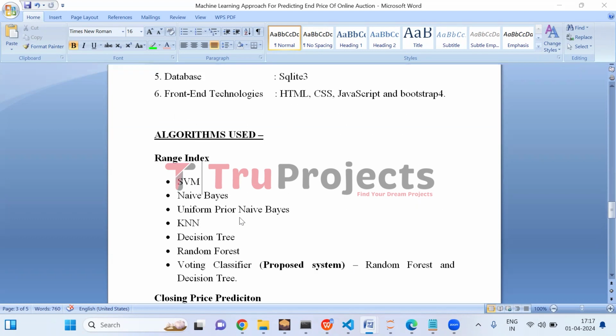Algorithms used in this project. In the base paper, the author has utilized these algorithms for range index, and we have proposed a voting classifier for range index. Voting classifier is an ensemble learning technique that combines predictions from multiple individual classifiers, specifically random forest and decision tree, to improve classification accuracy.